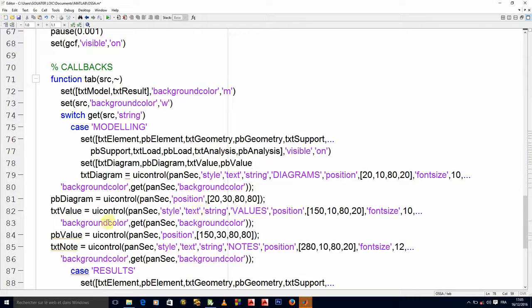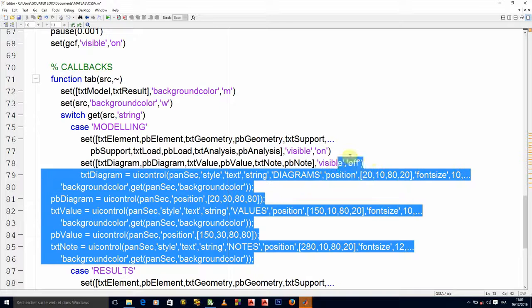I want to finish this. Then text note, and pb note. And all of that, in this case, visible off. So we can remove all of these, not necessary.